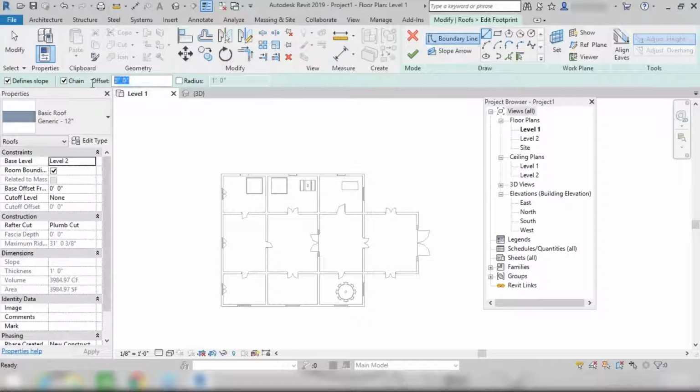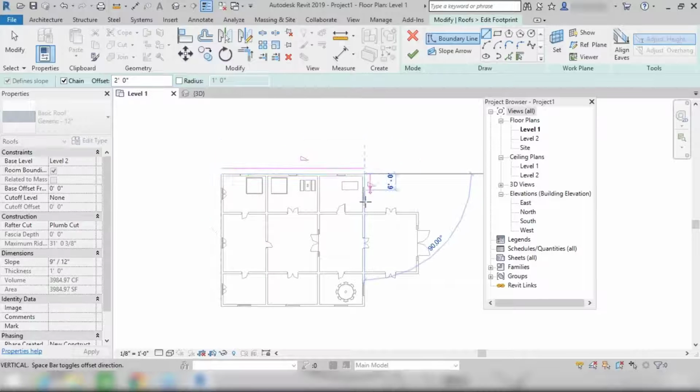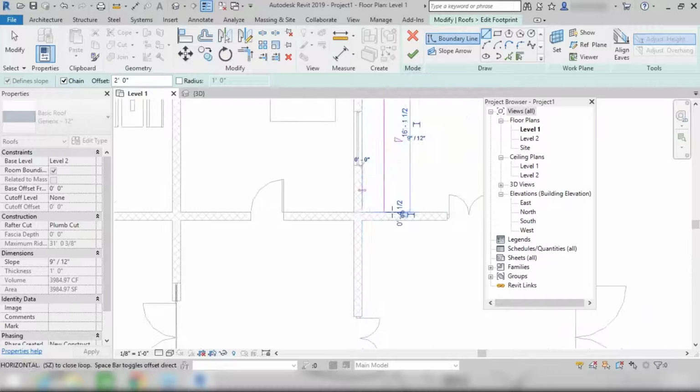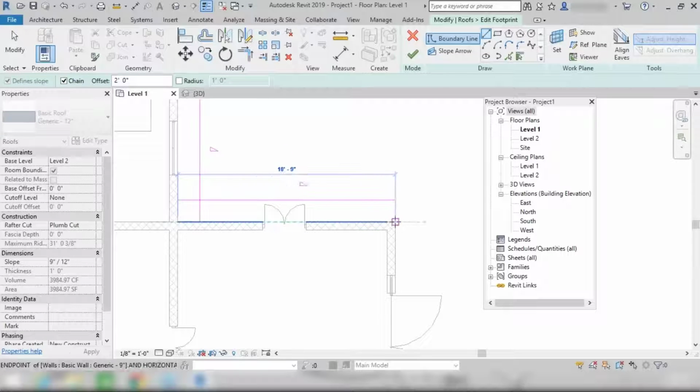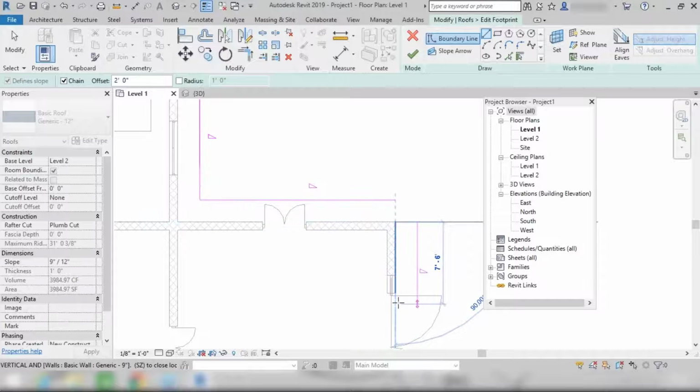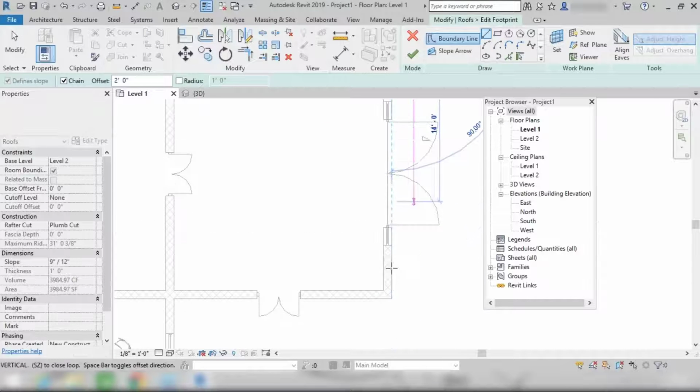After that, go to here. I have provided an offset of 2 feet. So let's start from this point, right? From this end point to here, right? This point. Make sure you are moving perfectly, otherwise it will show you the same error again.